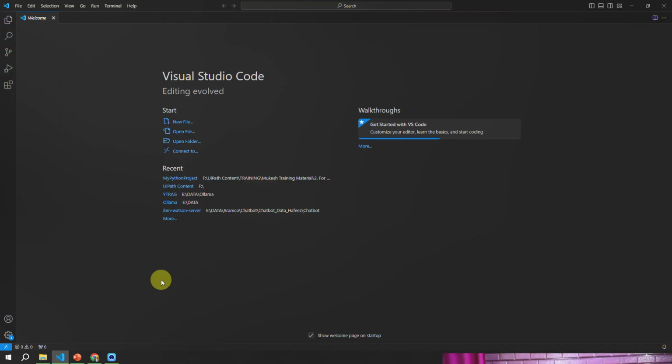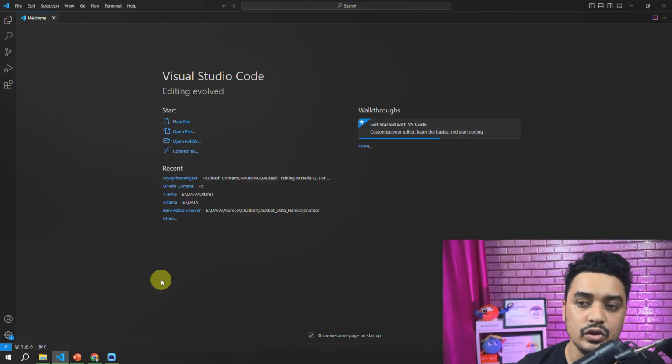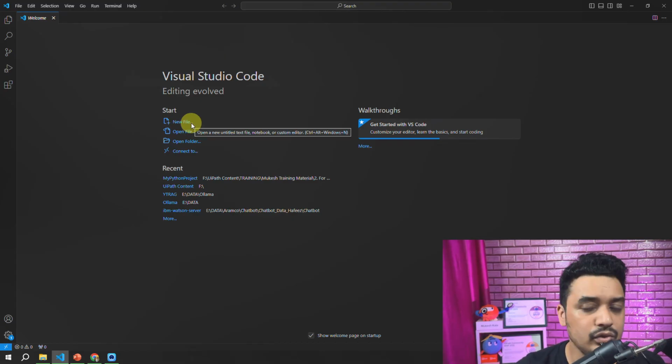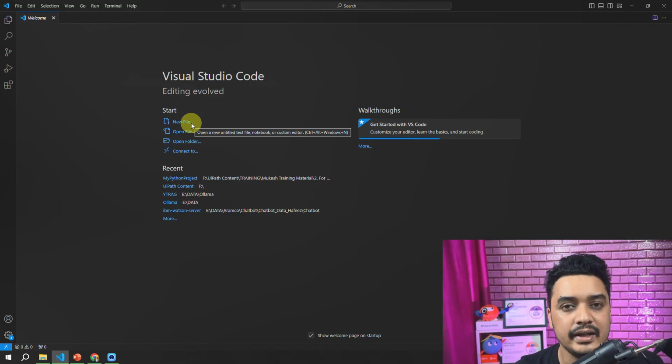Now first time when you come to the Visual Studio Code, you will see this kind of interface. I have selected the black theme, that's why it's looking like this. You can select the light theme as well, right? So now you can always go here and start creating a new file, writing Python code, and that should work, right? However, whenever we write code in VS Code or when we are dealing with Python,